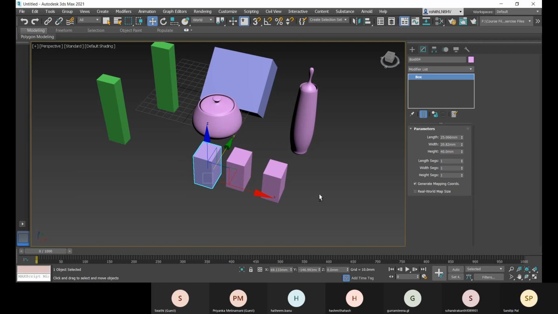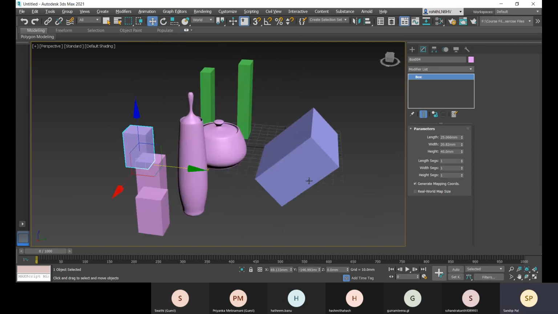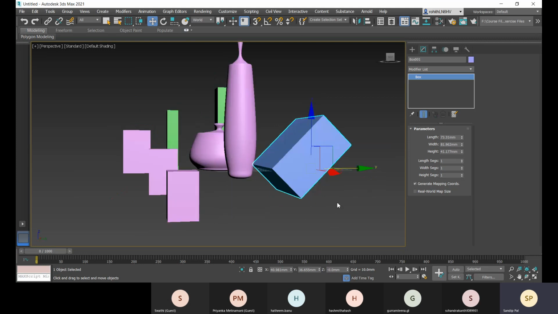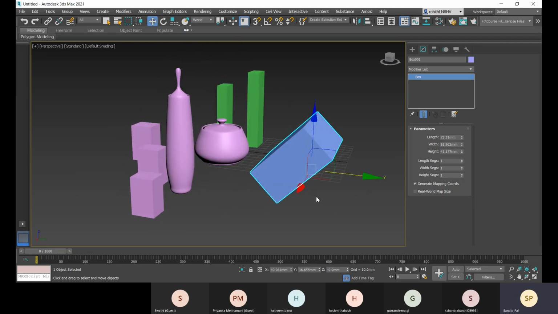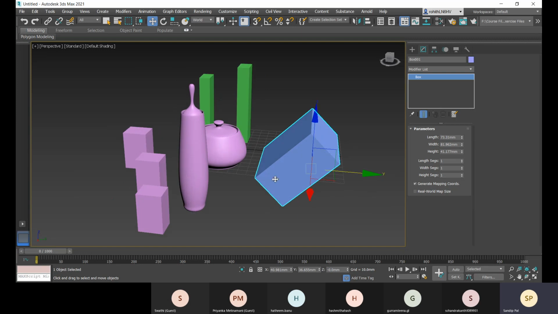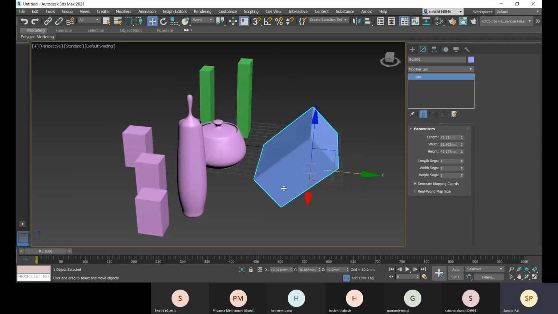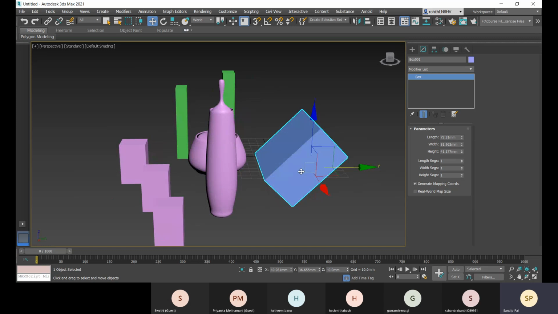Now, let me show you that I have rotated this object, but the gizmo is aligned as per the world coordinate system or the current coordinate system, right? So I need to align the coordinate as per the object. Here I have this reference coordinate system.